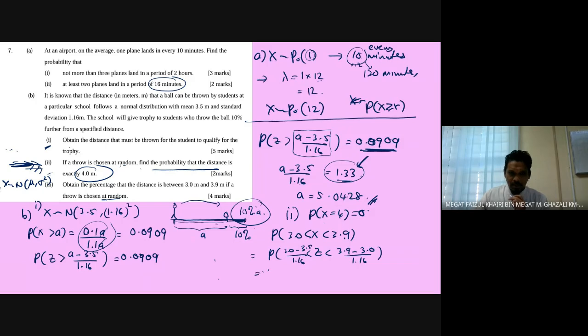So this one is going to give you, what is the first? It is negative 0.43 and also 0.34. Okay, so now